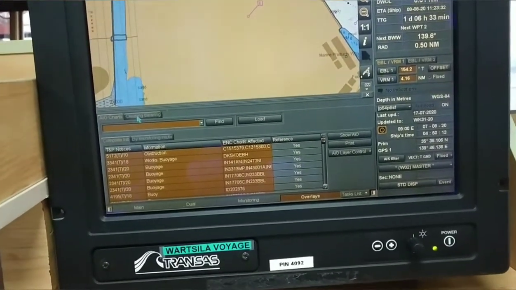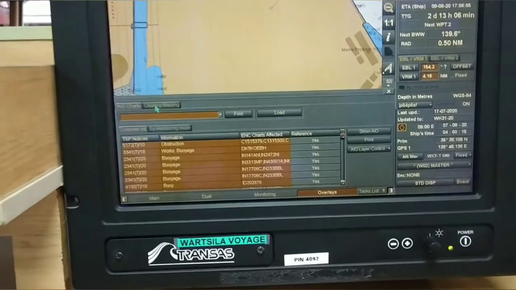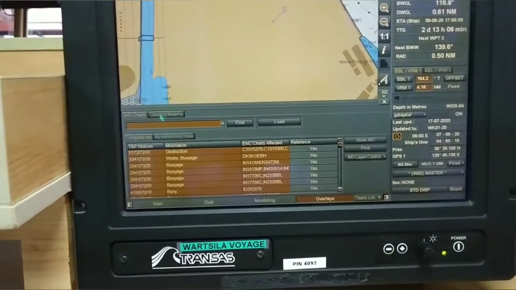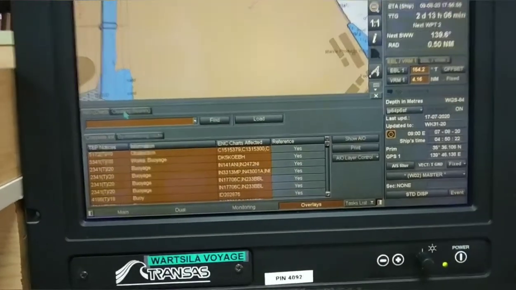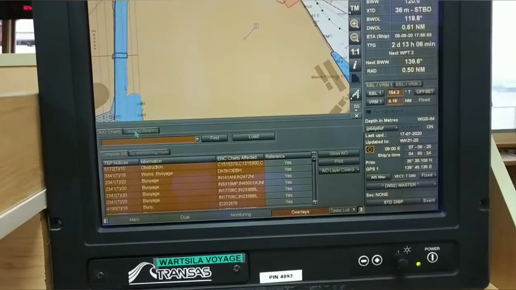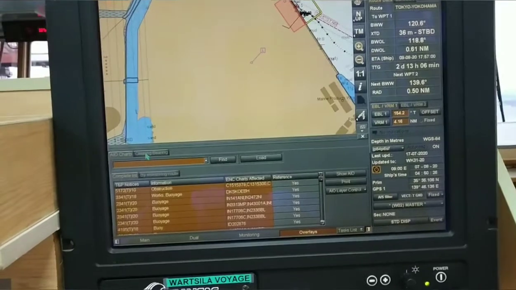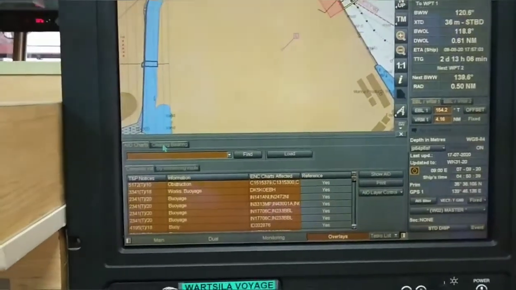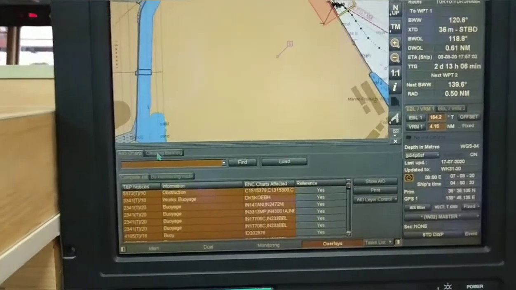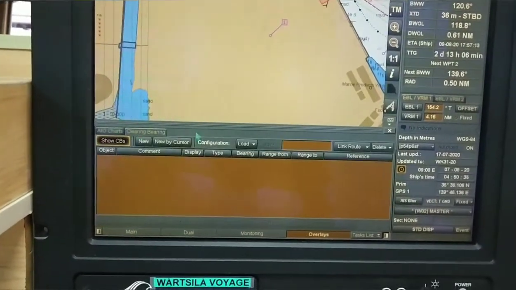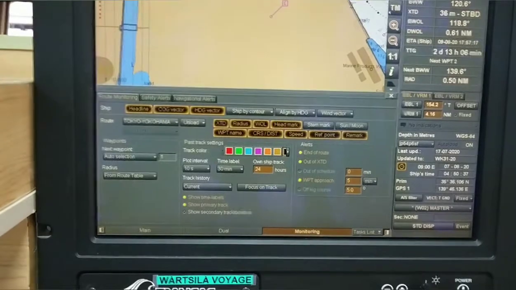And while monitoring, it is recommended to please switch off AIO because it will be too much information overlaid and you get less space for getting the information regarding the objects. So while passage planning, switch on the AIO, mark all the dangers and switch it off in the monitoring section. So this is the AIO layer section.